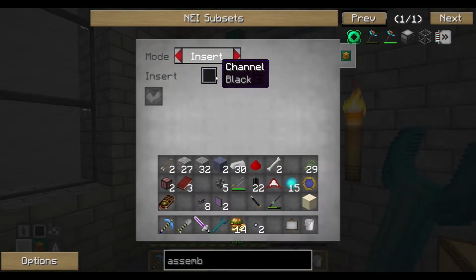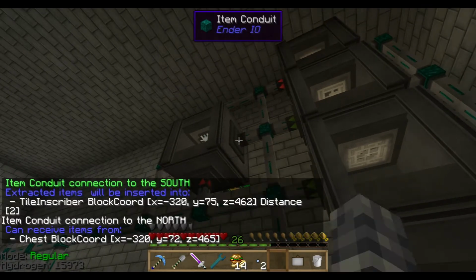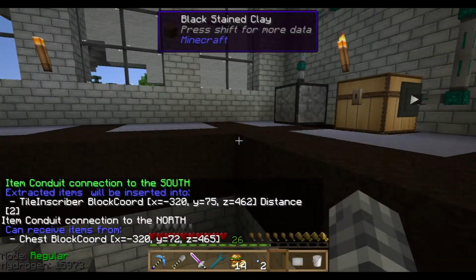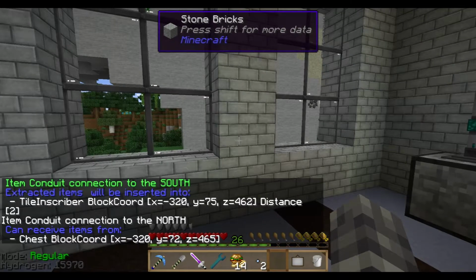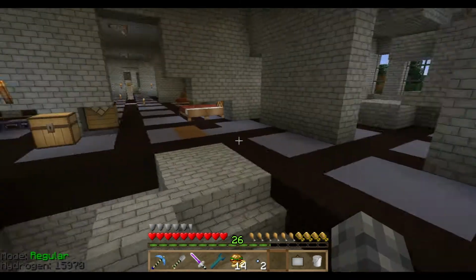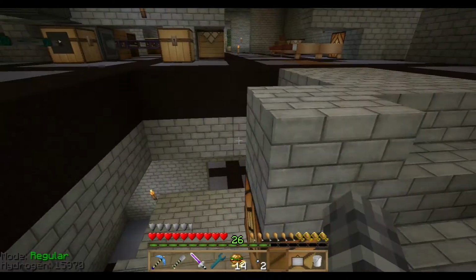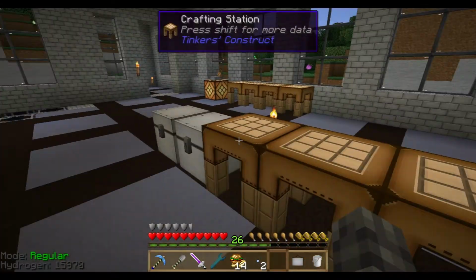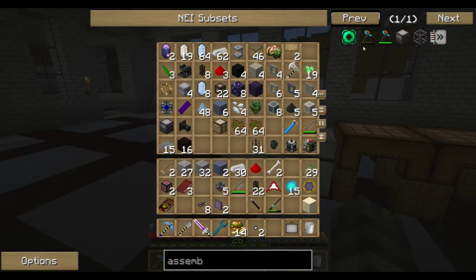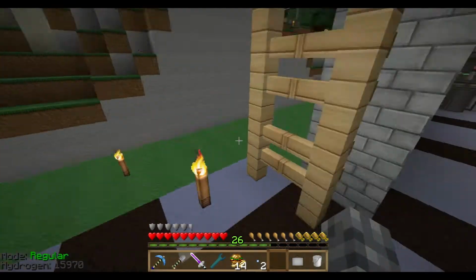Insert on black channel, priority -1, priority 0 right there. We'll get a filter to keep a few important things from going in there directly, and then we'll put a small bank. We'll need a charger and some cyclic assemblers in there. So let's see if we can automate our charger as well. So the charger takes normal Certus quartz and turns it into charged Certus quartz, which we require for the